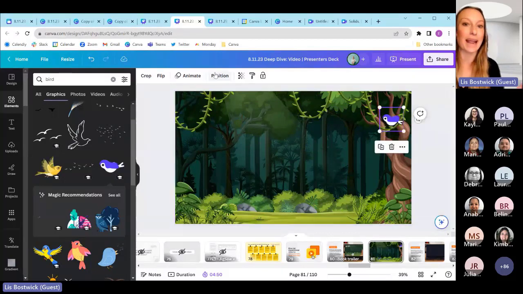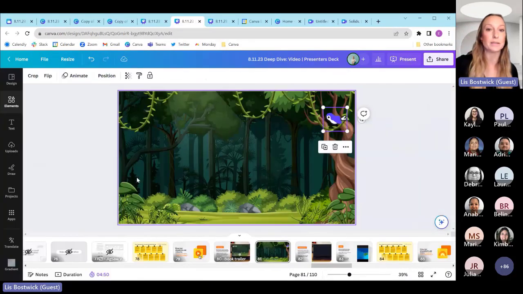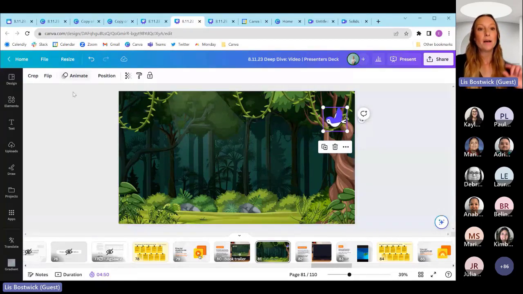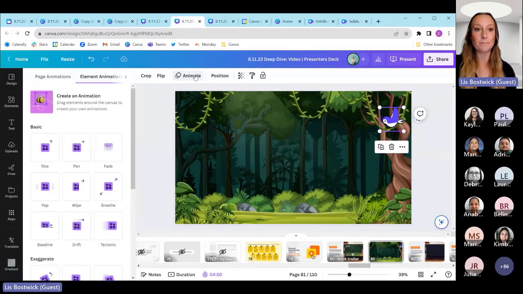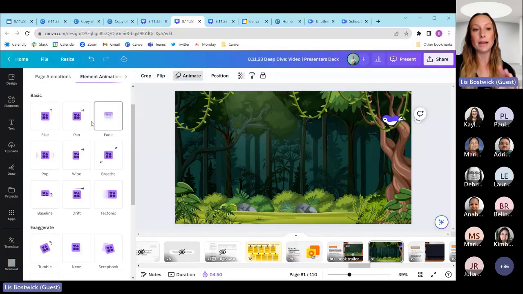But I want to show you how we can animate in Canva with videos too, because this is a really cool one. Up at the top, remember, our top toolbar will be anything we want to modify in Canva. So if I want to add an animation, I can click animate. You're going to see right off the bat, you have element animation. So if I wanted to load my page up with elements, I can have them all have the same animation.